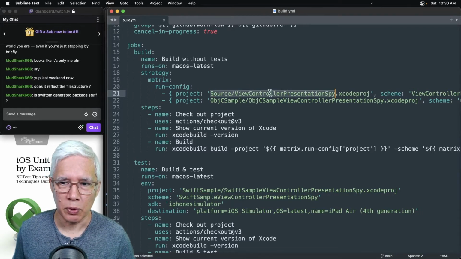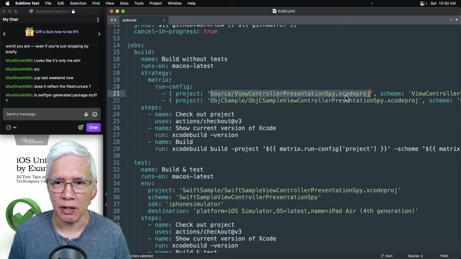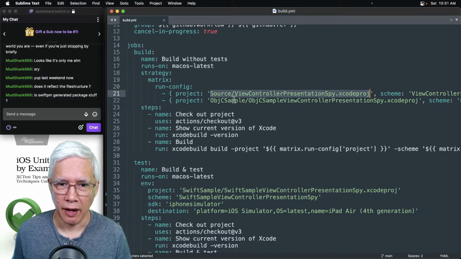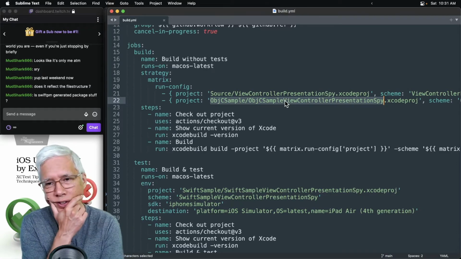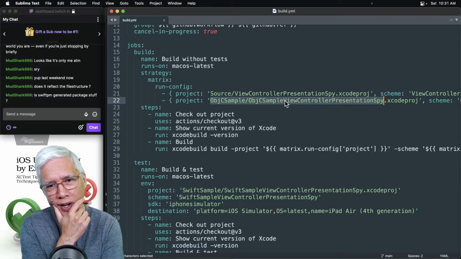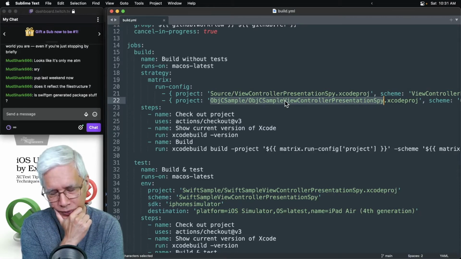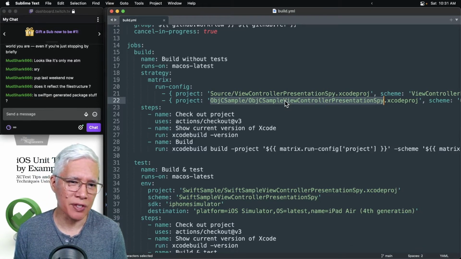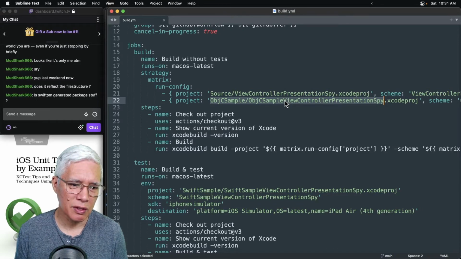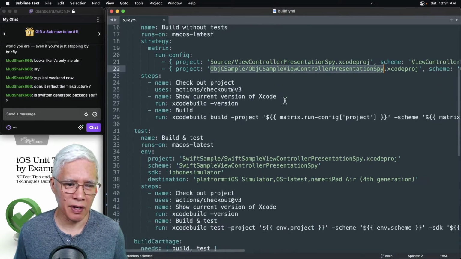Okay, so build without tests is just building the project, and it is building the Objective-C by itself. I'm trying to remember why I don't build and test the Objective-C also. And I don't remember if it was just a cheat for the sake of time, or if it messed up my code coverage, because I've got what